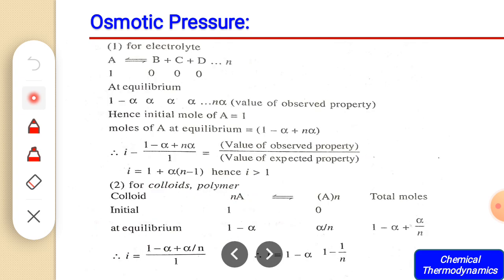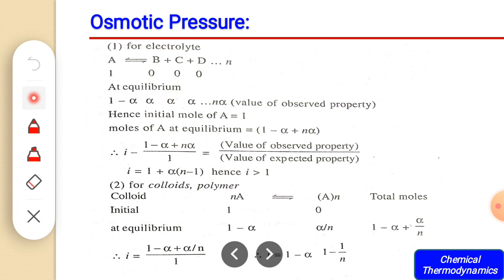For the electrolytes, we can show the dissociation, and as the number of particles increases, the van't Hoff factor is equal to (1 minus alpha plus n alpha) divided by 1. After modifying, we get i is equal to 1 plus alpha into (n minus 1). Therefore, i is always greater than 1 for the electrolytic solution,